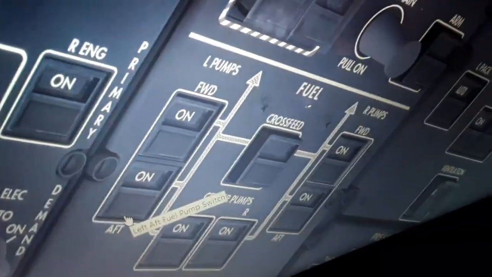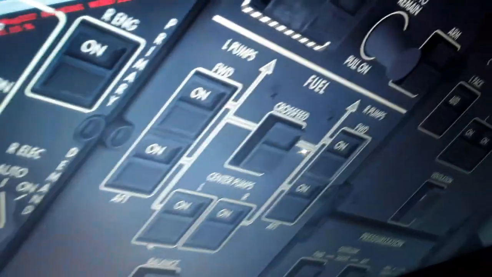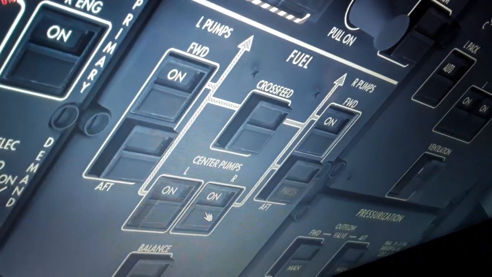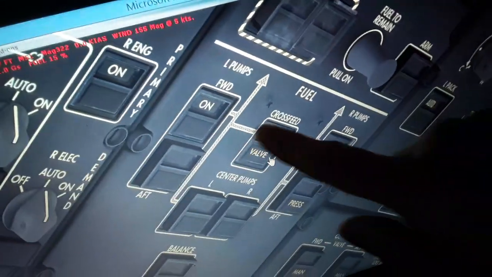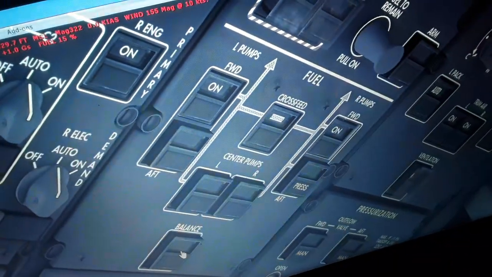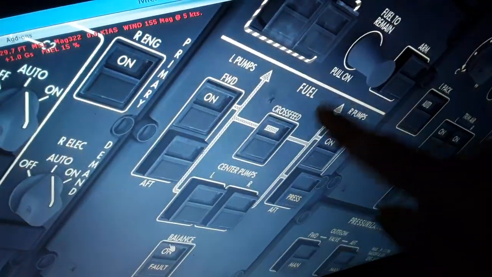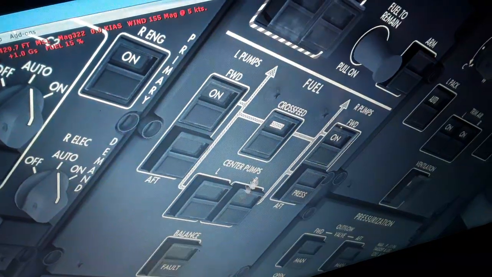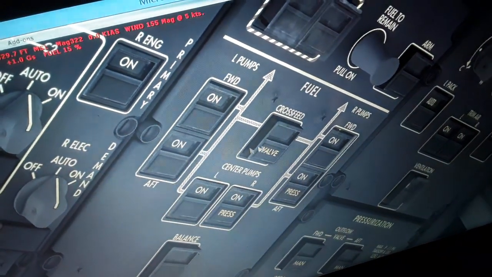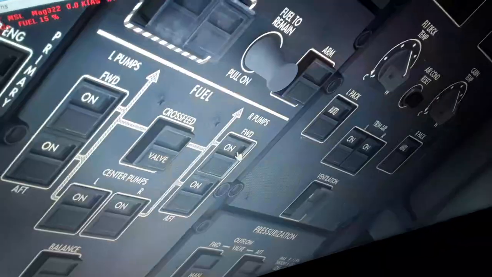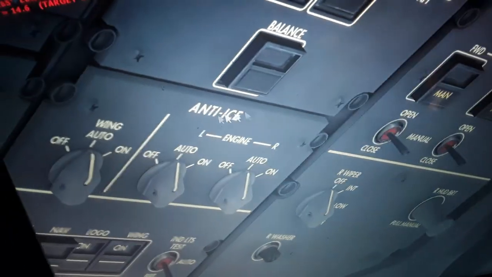We have the left and the right wing fuel tank, the center tank over here, the fuel booster pumps, the crossfeed valve is off. We turn it on, and you can feed either engine with either pump or either tank and balance the fuel between the left and the right wing, as you can see. So we have also the wing and engine guides here,